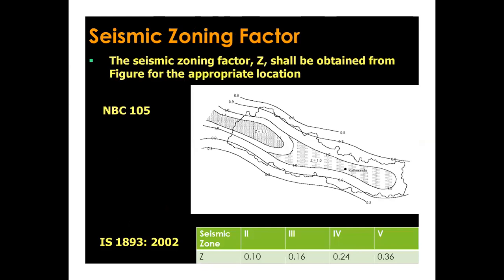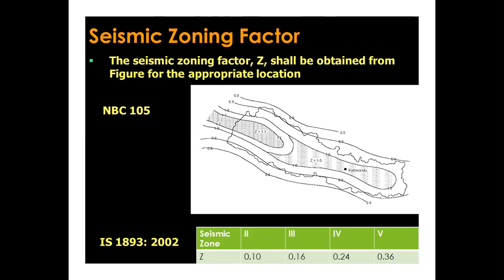The seismic zoning factor Z, right? So Z shall be obtained from the figure of approximate locations for NBC. Otherwise, for IS 893 2002, they are already given. For a seismic zone, which is denoted by Z, in the last table you see that if we consider